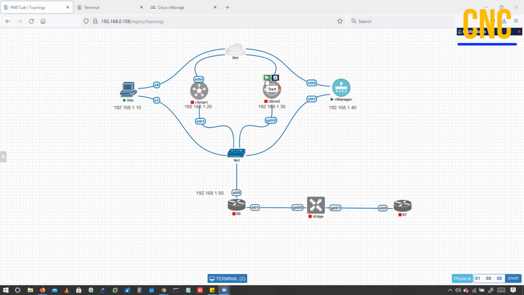Turn on this vBond. In between, let me configure this device also with the IP address 1.50 only.